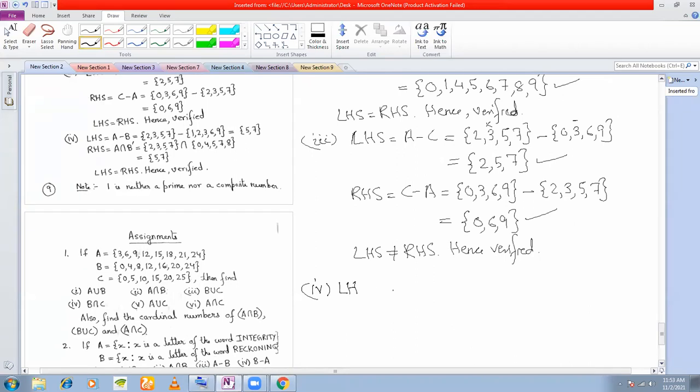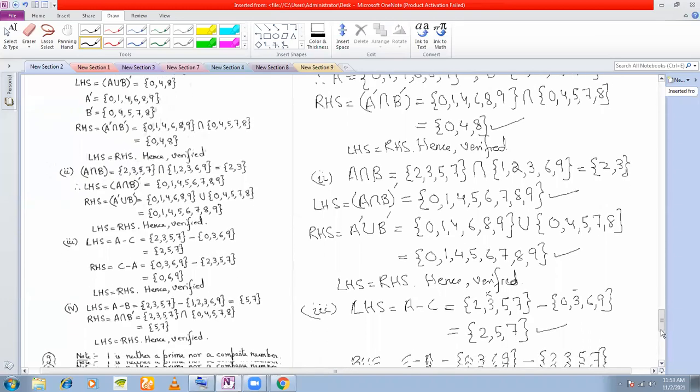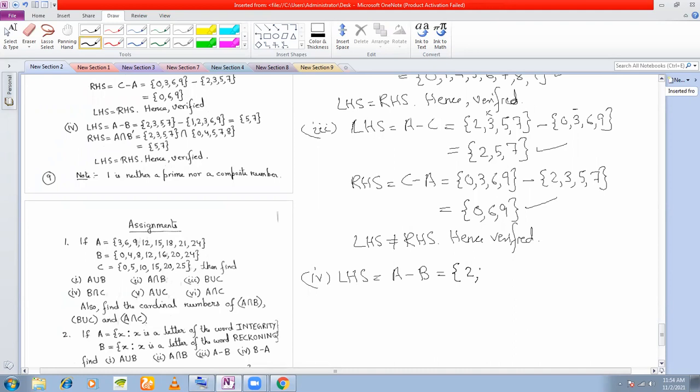Left hand side is A minus B. And what are the elements of A minus B? A here is, you have written above, A as 2, 3, 5, and 7. And B you have found above as 1, 2, 3, 6, 9. So what should be A minus B? You keep all the elements of A, but remove all the elements of B from here. So you have to remove 3 from here. Okay, and any other element that is there in B? No other. So you only keep 2, 5, and 7. So A minus B is 2, 5, and 7. Okay.